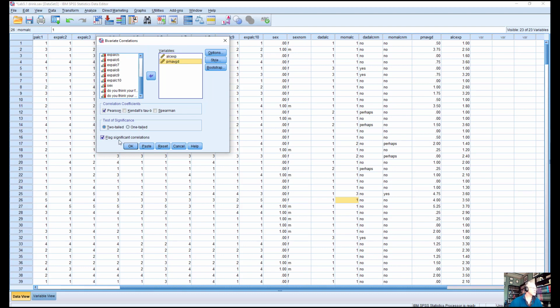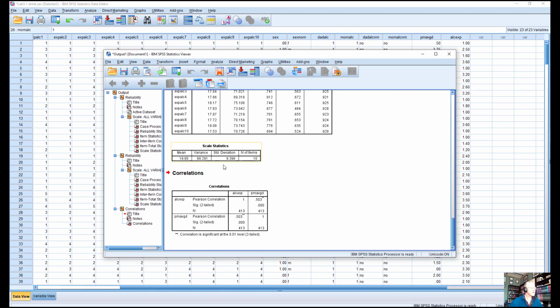So I like the predictor to go in first. And I run that, and here's the correlation. And the correlation comes out as a strong 0.503. So it's a strong correlation between alcohol expectancies and the amount that people drink. And it's significant at p equals 0.000.